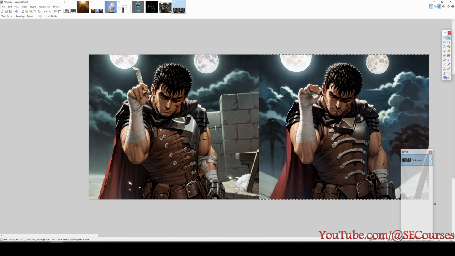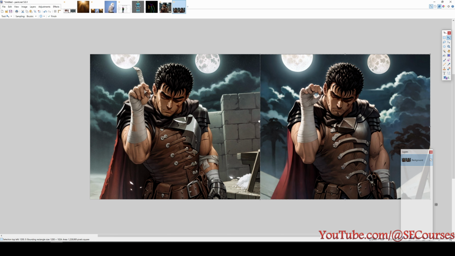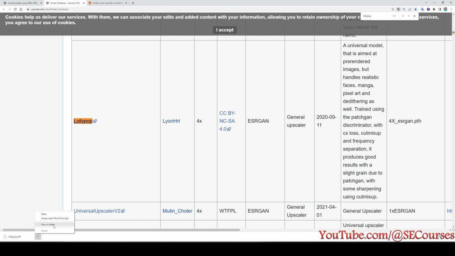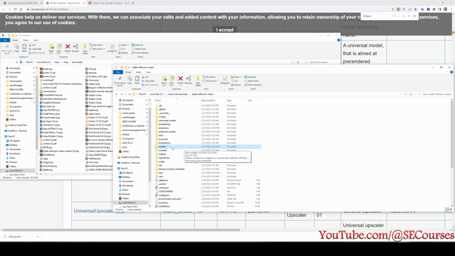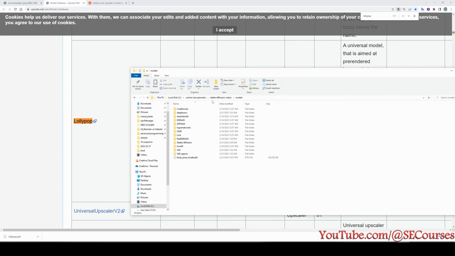Now I will look for it to demonstrate also how to add different upscalers into your web UI. I have found the file of the Lollipop upscaler on upscale.wiki. I will download it. The file is downloaded. Now I will show where to put it. Cut it. Go to your Stable Diffusion installation, and inside here go to models, and inside here this is ESRGAN based, so I will put it inside the ESRGAN folder. Then you need to restart your web UI, otherwise the upscaler will not appear here. Now I see the upscaler.